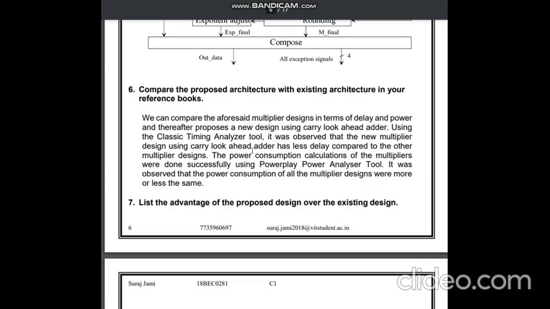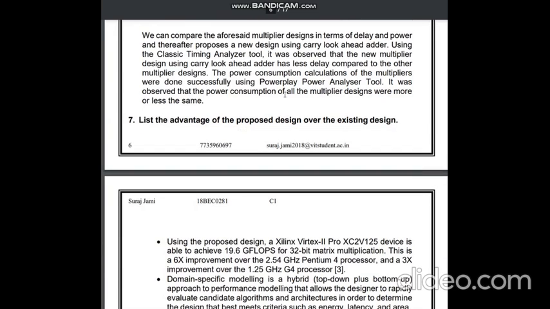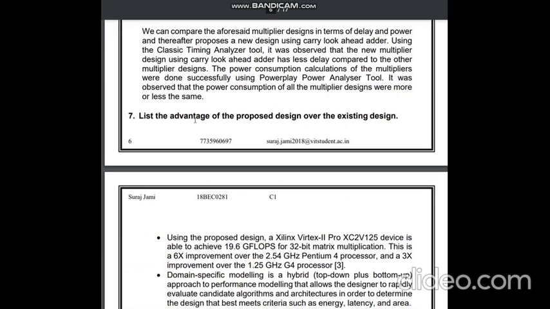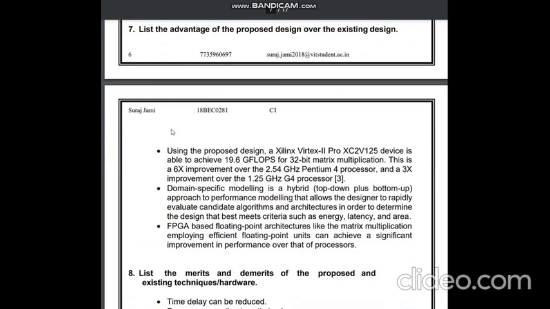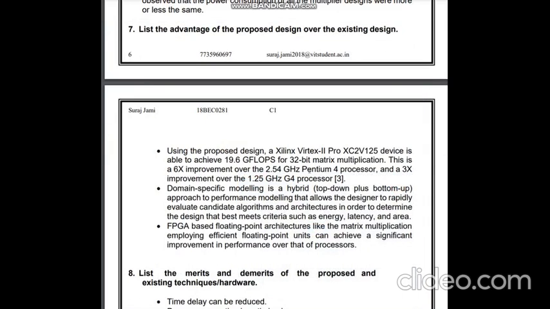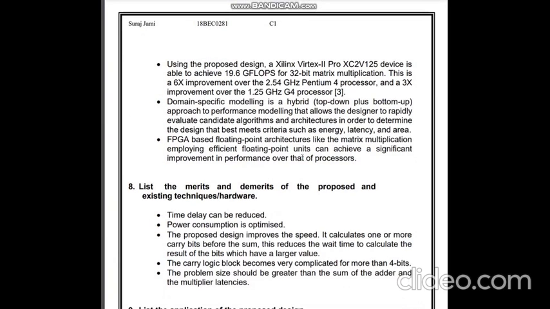So let's go to the next question. List the advantages of the proposed design over the existing design. Okay, using the proposed design, a Xilinx Virtex-II Pro XC2VP125 device is able to achieve 19.6 gigaflops for 32-bit matrix multiplication. This is a 6x improvement over the 2.5 GHz Pentium 4 processor and 3 times improvement over the 1.25 GHz